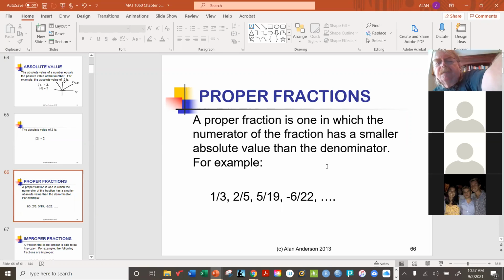For example, you know that 1/3 is actually the same thing as 0.33333. 2/5 is the same as 0.4. Now these other two, I don't know offhand. 5/19, let's see, that turns out to be approximately 0.26315. And then 6/22 is about